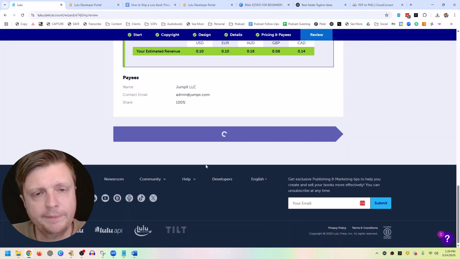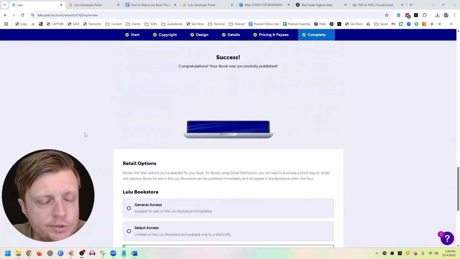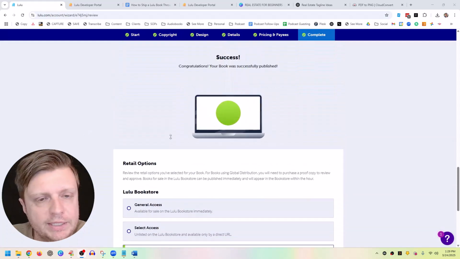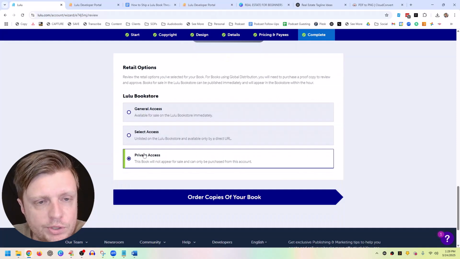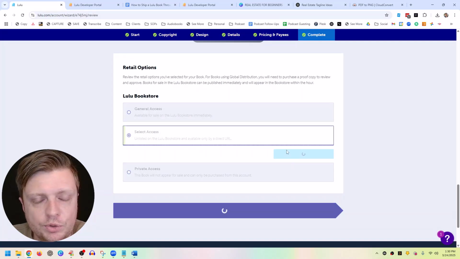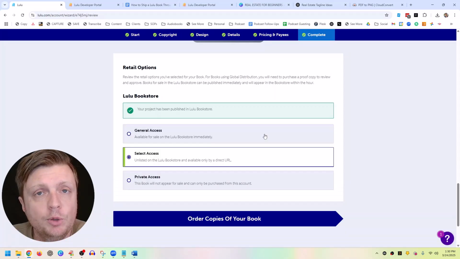Give that a moment, because there's one final step here. This is not quite yet at the getting it ready to sell programmatically, but at least this way we have the ability to send it manually. And I like having this step. So then either you can sell it general in their public directory or private just you, but I prefer to do this select access and then click on publish to the Lulu bookstore. This kind of gives us a middle ground where we can mail books on our own, or we can